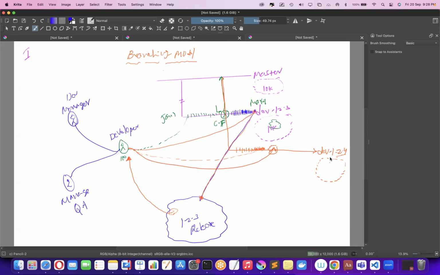Okay, if we are creating new branches, should this configuration happen on the developer side as well, or only the DevOps team? Can you reframe your question a bit? Yeah,